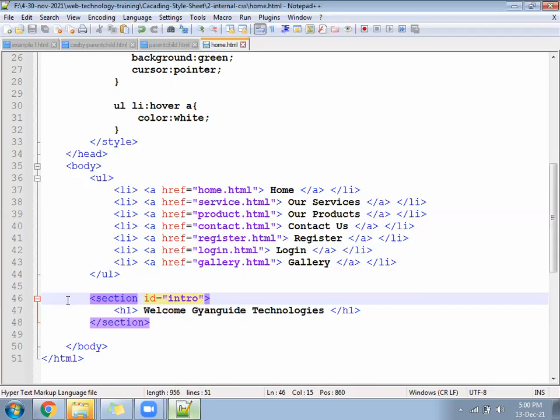Container means a kind of holder where we keep something. Main means the complete parent tag, like body: inside the body you can open the main tag, close it, and write everything inside it. So those tags are called semantic elements that explain their own feature. No need to write a definition for that.